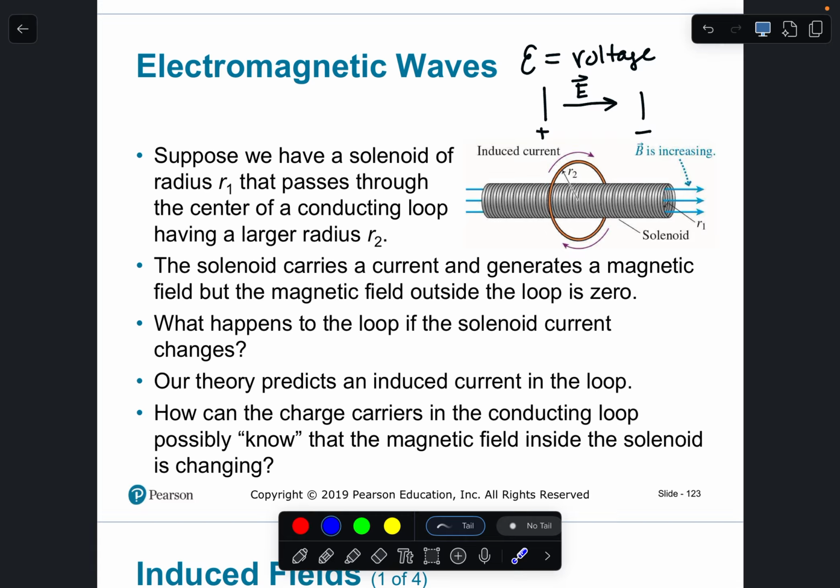So how do we oppose an increase? Nature creates an induced magnetic field that opposes the increase by sending in a magnetic field in the opposite direction. So our thumb will be in that induced magnetic field direction, pointing opposite to the B field that's already there. All right, so here's B induced,